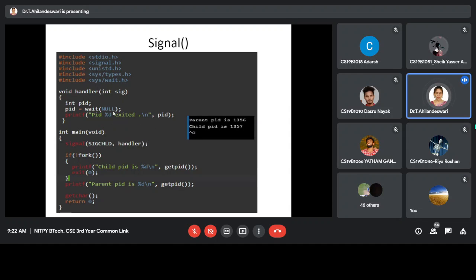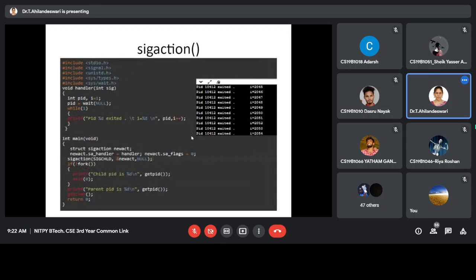While you are executing this handler part, other signals are accepted. Whereas in sigaction, it won't accept other signals. Only the specified signal will be accepted. In this program, when I press Ctrl C, it is accepted and the program is terminated. We specified only SIGCHLD, but SIGINT is also accepted.